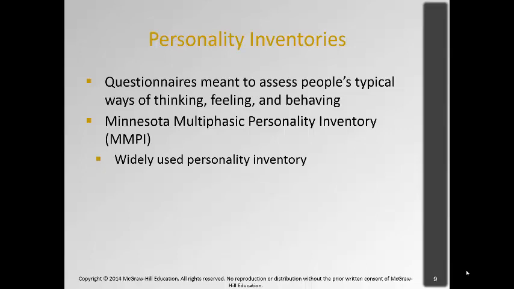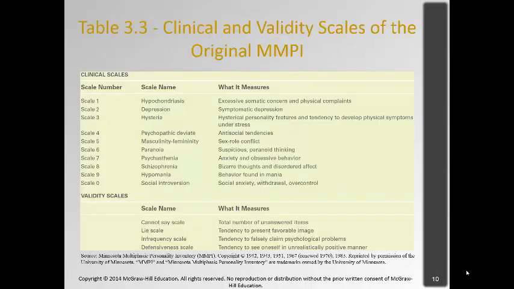This one is the most widely used, and why it's used a lot is because it's not face valid, meaning that the questions that you answer aren't necessarily very suggestive. It's not like, do you feel anxious? Some of the questions might be like, I like fast cars, I like the color red. There are, I think, 500 questions on the MMPI. I could be slightly off with that, but what they did is they had hundreds and hundreds and thousands